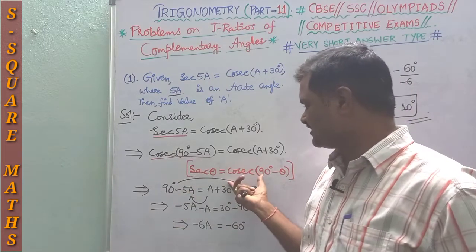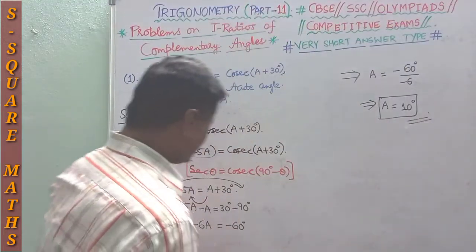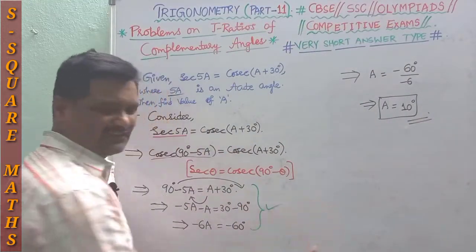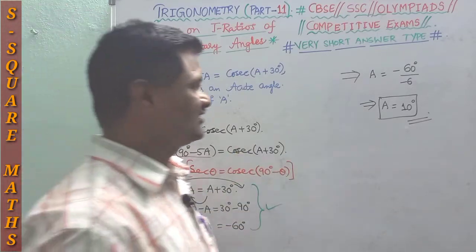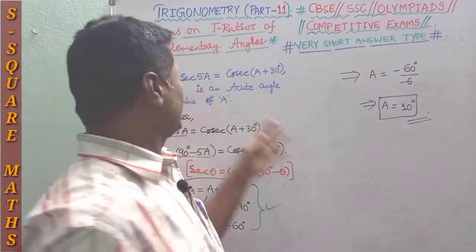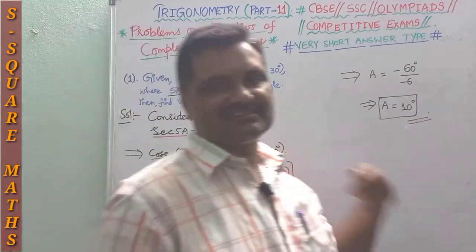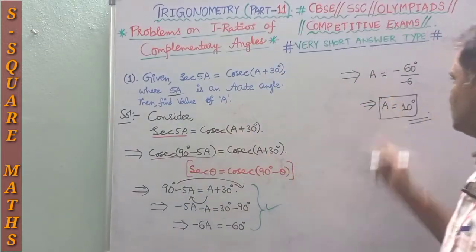Just remember this formula and the remaining part is very simple. Easily you can do it by solving the linear equation in one variable. You are going to get this one. So a is nothing but 10 degrees. It is acute in nature, and 5a is given, 5 into 10 is nothing but 50 degrees, acute in nature. Okay, once you have the total look.